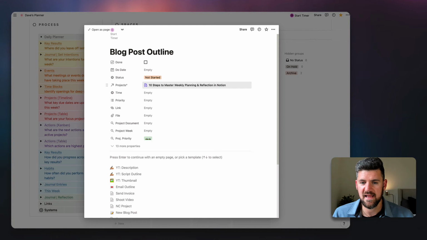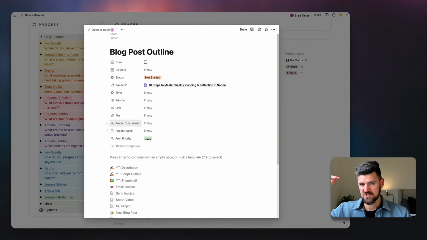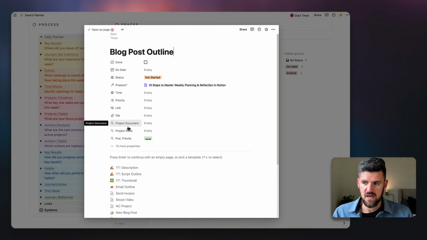And then if we move down, if, for example, we have any documents that are tied to a project, they'll also roll up here. A rollup is when you're bringing in pages or data from a related database, even though it's not connected to, in this case, actions. So this is all information that's coming from that parent project, but in some cases is helpful to see in the context of actions.